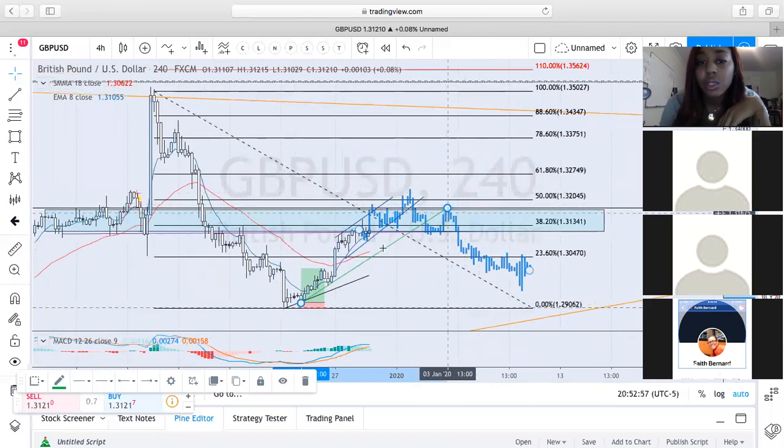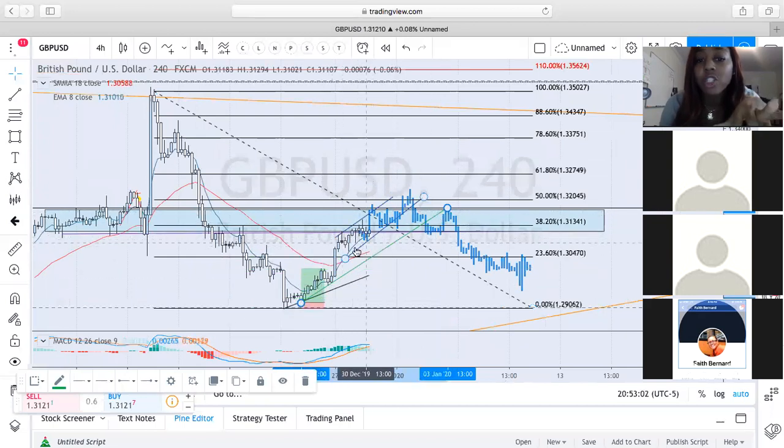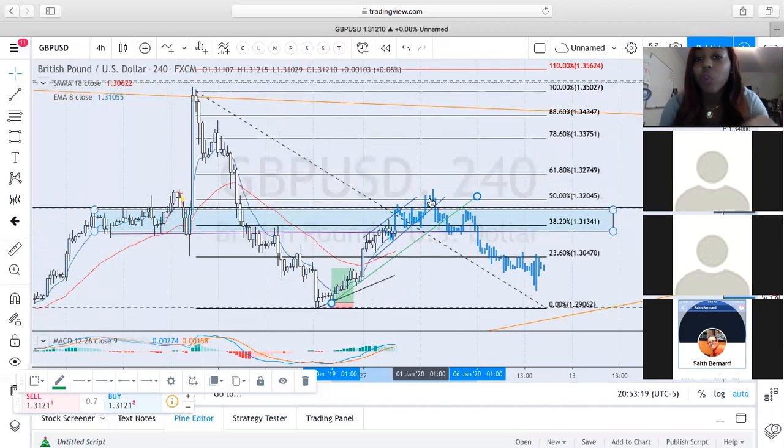Okay. So you have a minor structure, which is this channel formation, and then you have this major structure, which is these two trend line bounces. And we also know whatever happens in the past always happens in the future, right? So this channel can continue forming up for a little bit. We don't know where the market is going to reverse, which is why when I tell people make sure you have a breakout, when I say make sure you have a retest before you enter the market, the reason